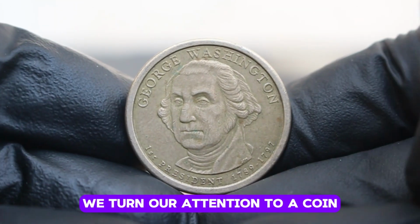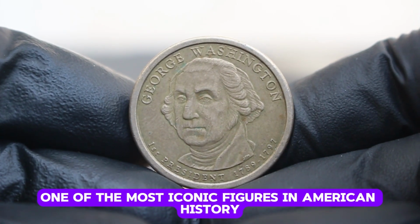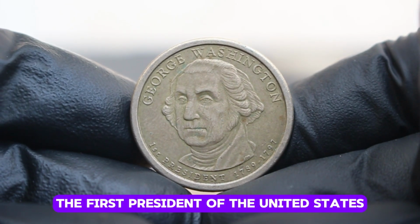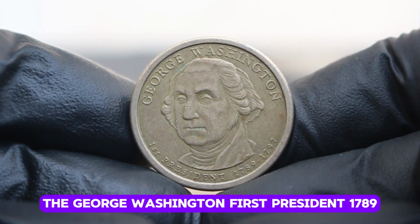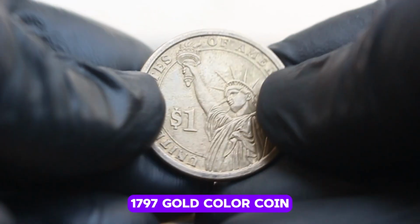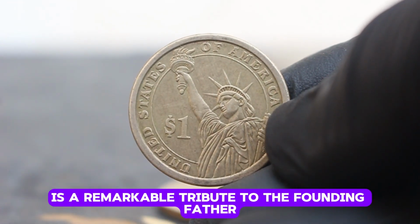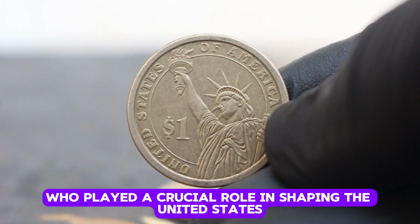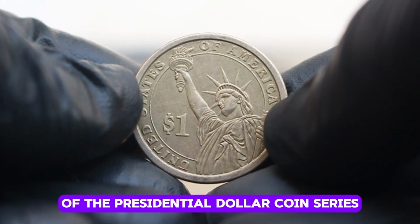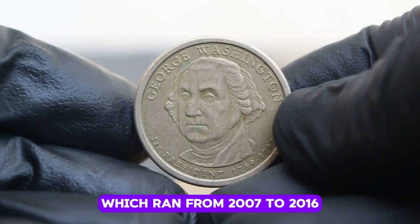Next up, we turn our attention to a coin that celebrates one of the most iconic figures in American history, George Washington, the first president of the United States. The George Washington First President 1789-1797 gold color coin is a remarkable tribute to the founding father who played a crucial role in shaping the United States. This coin was issued as part of the presidential dollar coin series, which ran from 2007 to 2016,